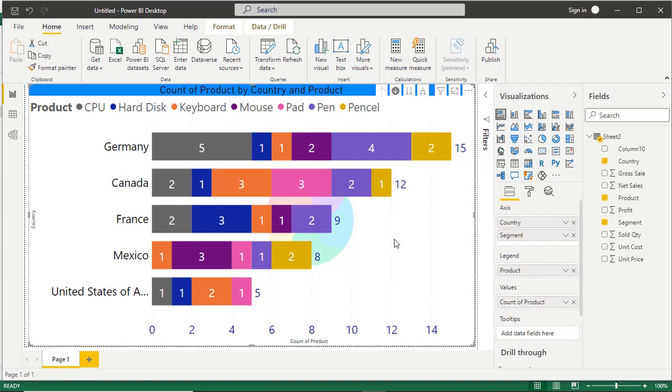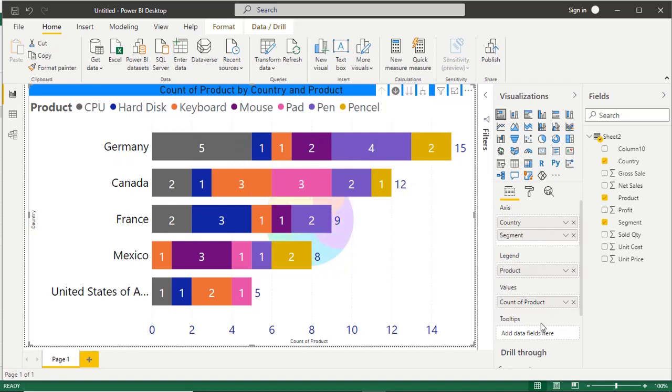When you hover on the bar, say this one, we have only 3 pieces of information: name of country, product name and count of product, then total 15. But we need more information on the hover. For that purpose, we can use the tooltip. So again tooltip, just drag and drop the information.